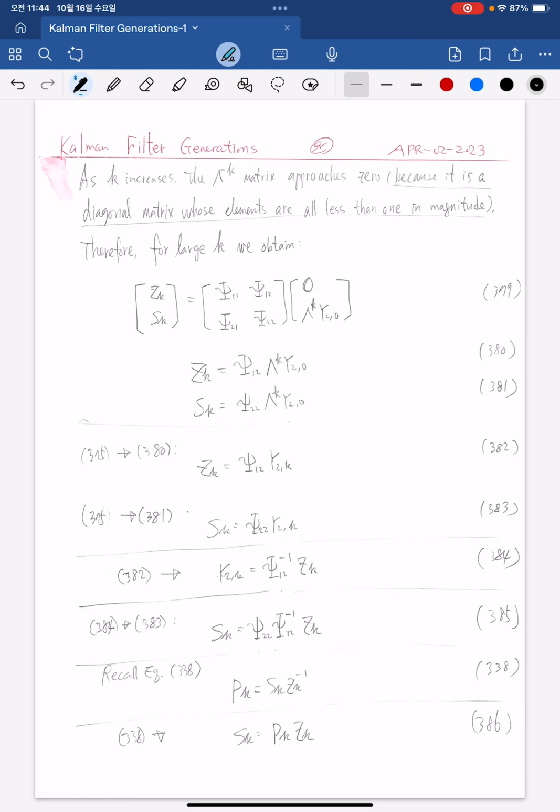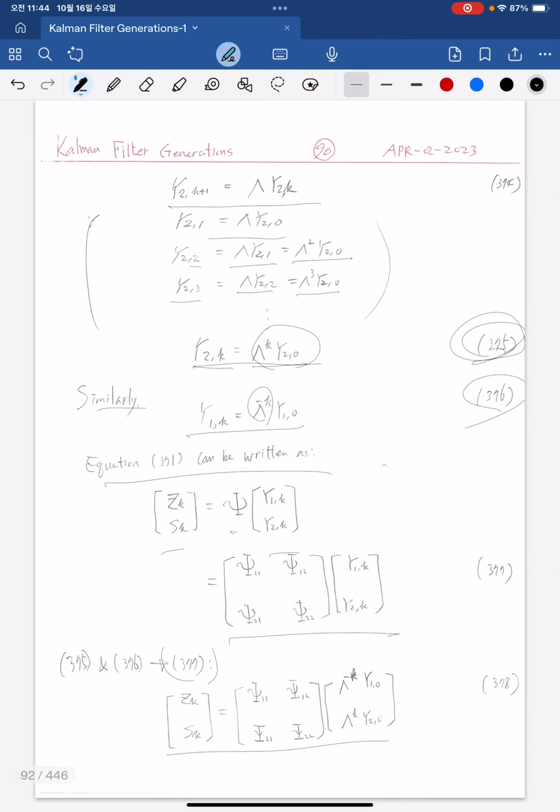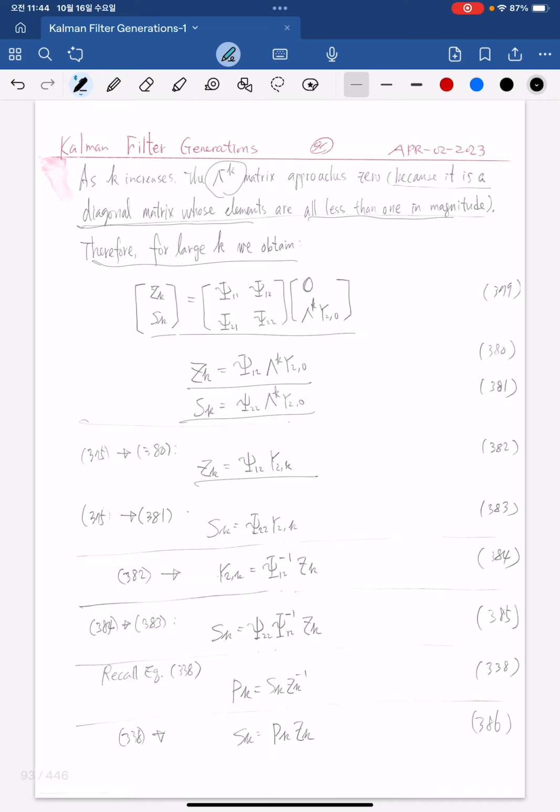As k increases, lambda minus k matrix goes to zero because it is a diagonal matrix whose elements are all less than 1 in magnitude. Therefore, for large k, we have sk, 375수 그러면 이렇게 되고 sk 이렇게 되고 y2k는 이렇게 되고